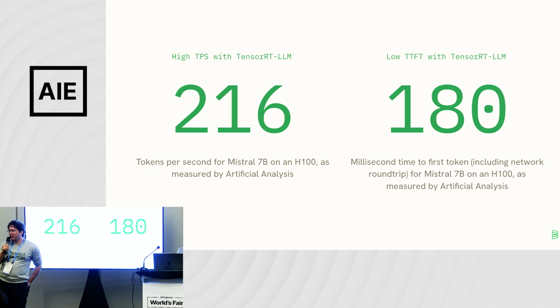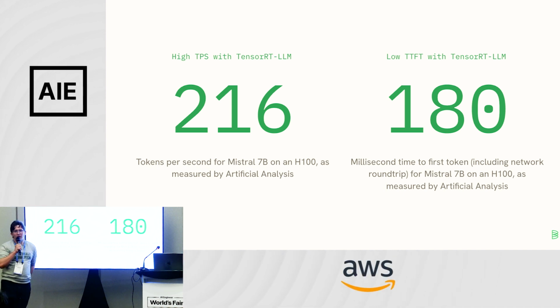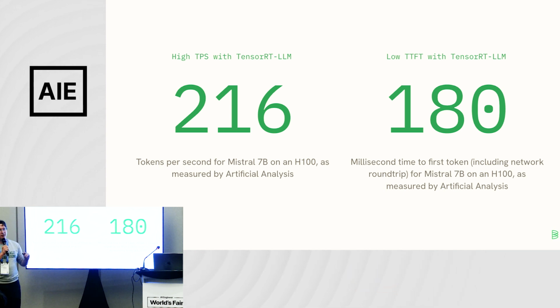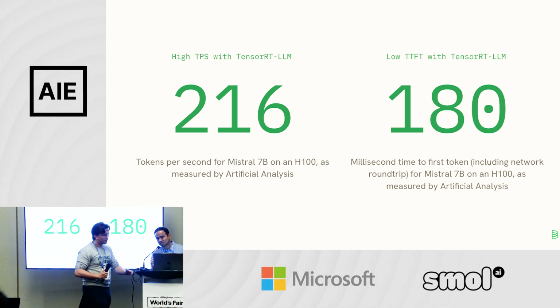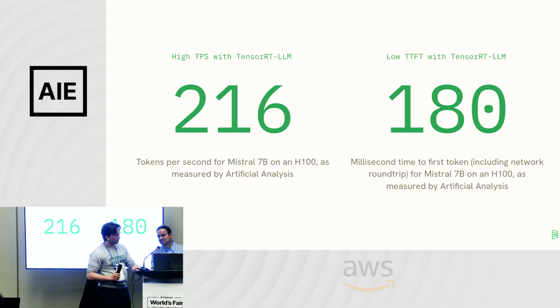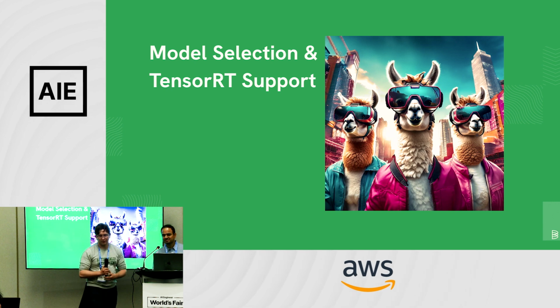Unless you're a super high quality athlete, like a UFC fighter or something, your reaction time is probably about 200 milliseconds. So a 180 millisecond time to first token, counting network latency and the round trip time to the server, is great, because to a user that feels instant once you're under 200 milliseconds. And actually, most of it is network latency. The time on the GPU is less than 50 milliseconds.